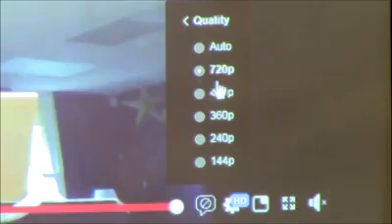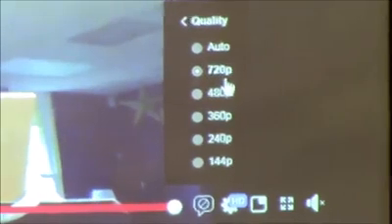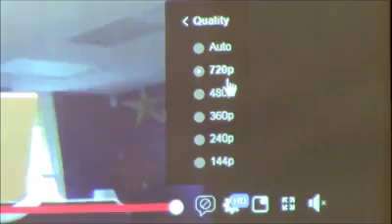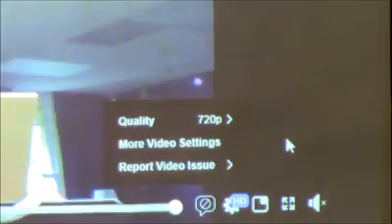Sometimes there are so many people watching that it can be slow that way. You may just have to refresh the whole video. Sometimes it's the internet in your area. Sometimes it might be the device you're using. It could be a technical issue. But the quickest and first way to check would be the picture quality, making sure that you're on 720p. So that's it for the picture part.